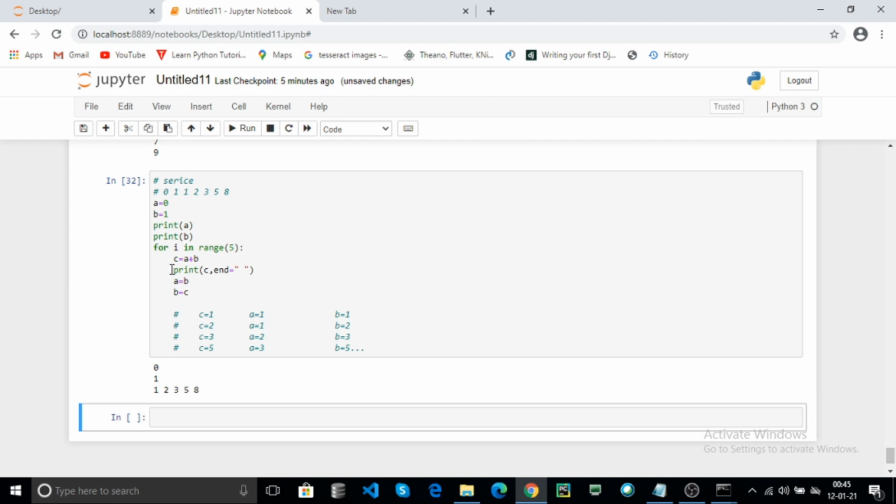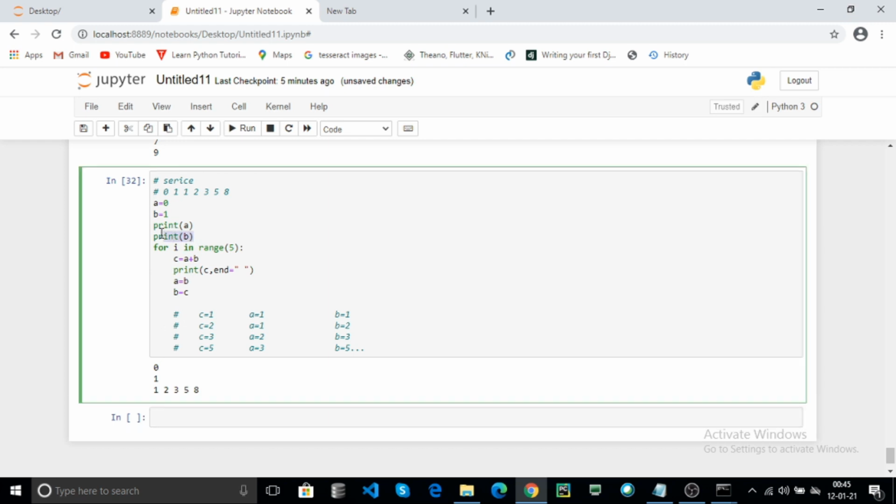Here the first A comma B will be printed as new lines because print A and print B are used. Only here print 1 is used. Every time the C variable is printed and ends with a space.